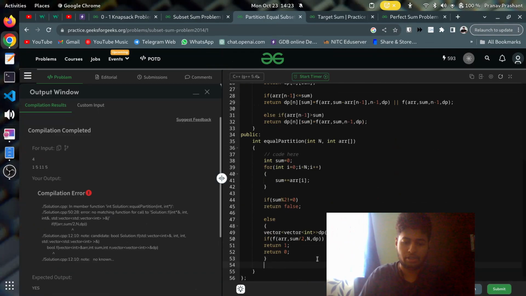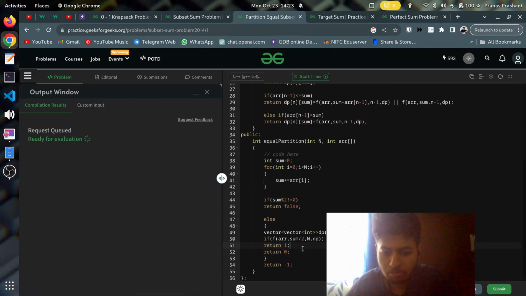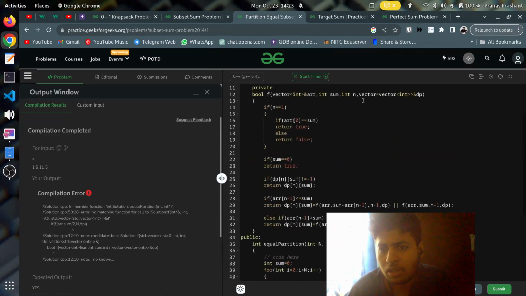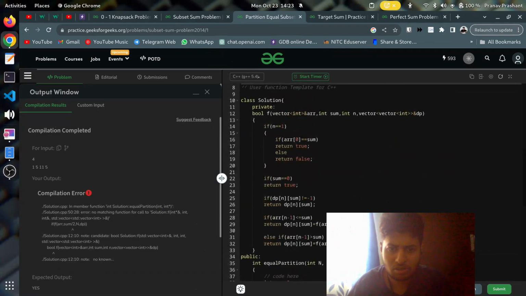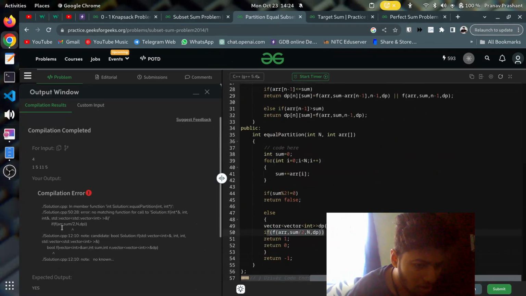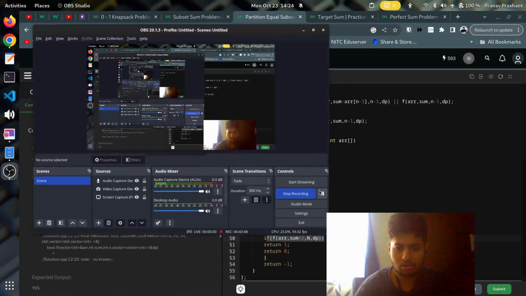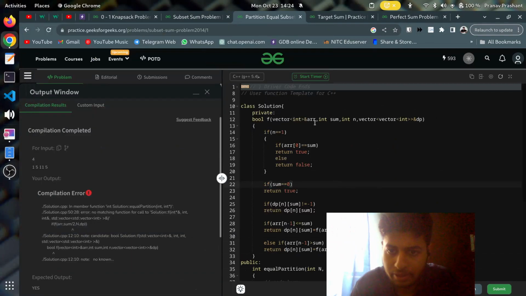Okay, fine, this wants us to return anything by default, so return -1. Array sum by 2 and dp. Array sum by 2 and dp. In solution and interactive. I'm glad that was okay. Now this should